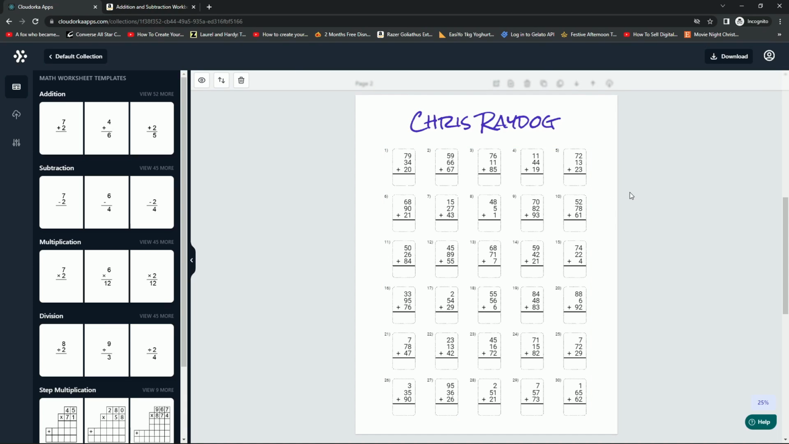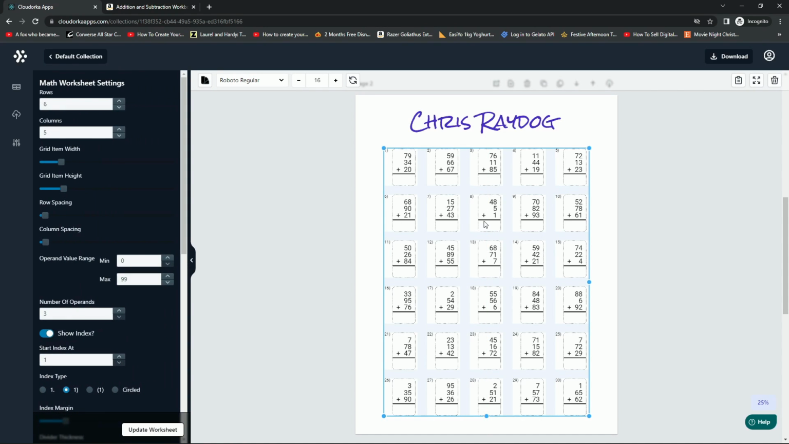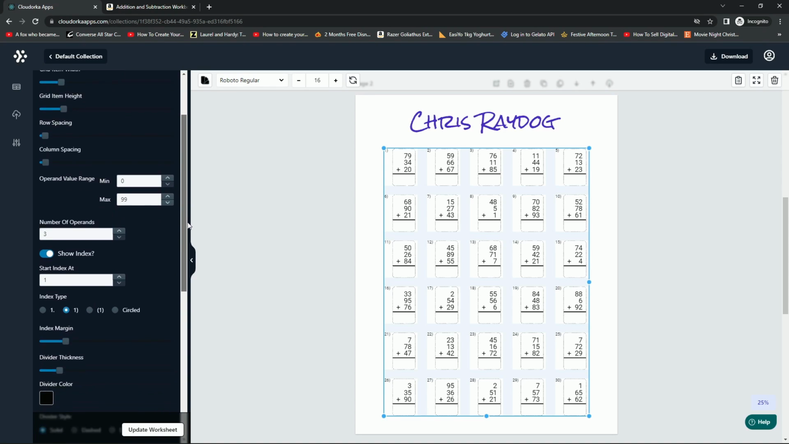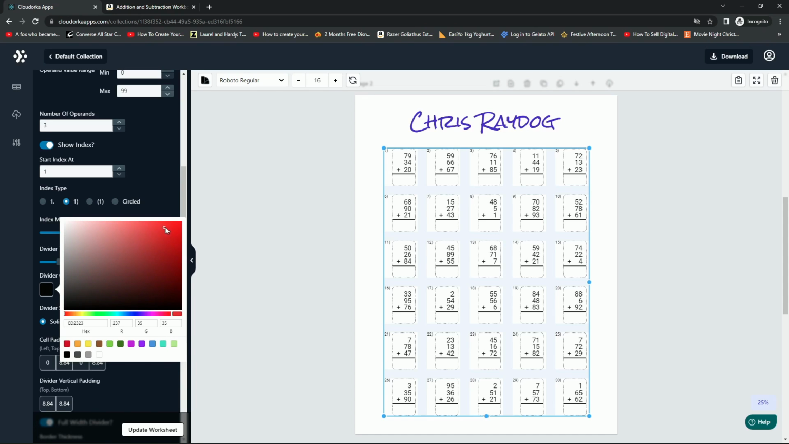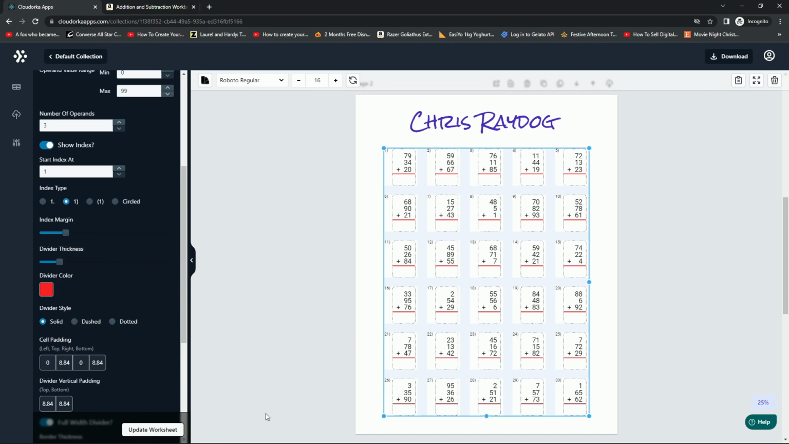Now this is obviously good if you're going to be selling these somewhere like Etsy, and we can do the same here for the elements on all of our different equations as well. But let's just use this one as an example. Let's say that I want to change the divider color here. We can go here, select the color that we want, and then update the worksheet, and that's going to change